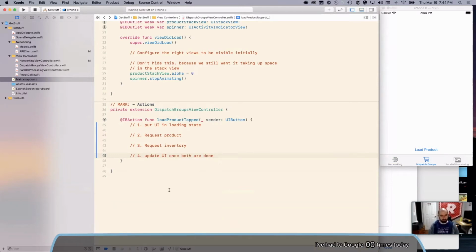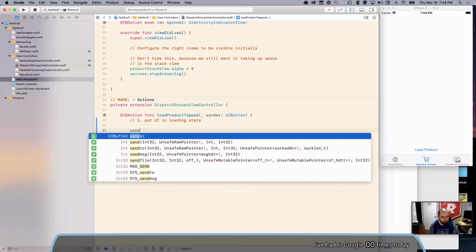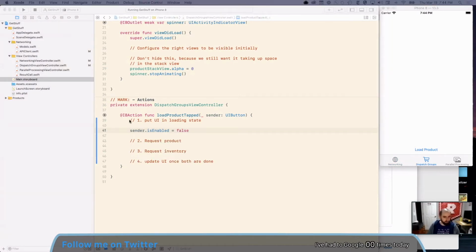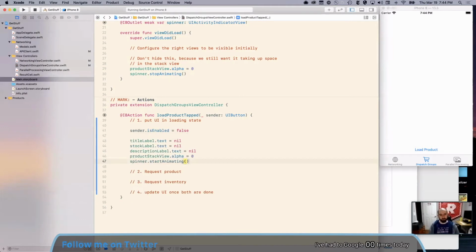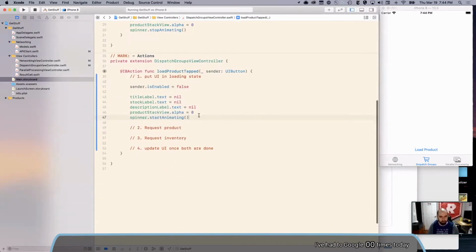And I'm going to be a little less explicit about the finicky details, but we'll get the code in there eventually. So let's get rid of some busy work at the beginning. So again, we want to disable the button, and then I'm just going to copy in some code for just setting all the labels and things to empty. And this is important because yes, they're empty now, but after we load the product, they'll be full. And if we click load product again, we'll want them to empty out while we wait for the next product to load in. So I'm just going to always clear those out and start the spinner animating.